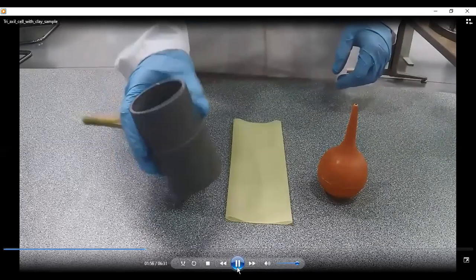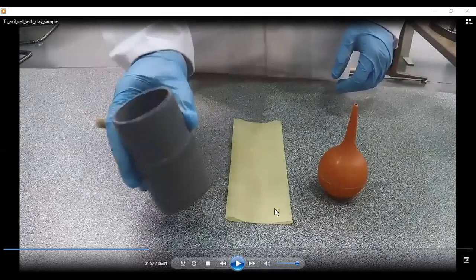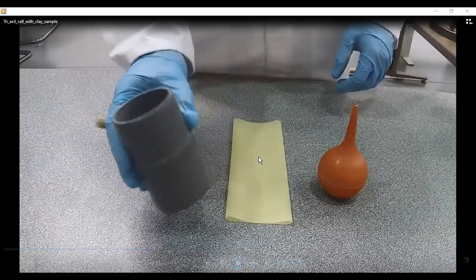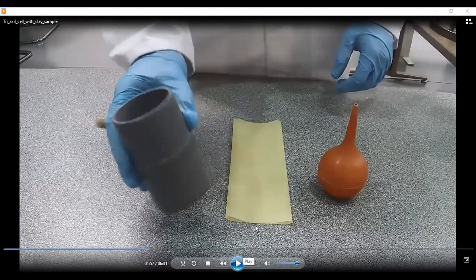Look at here. This is the membrane which I was talking about. So this plastic membrane is being used to cover the entire specimen, so that whatever hydraulic pressure will be exerted will not pass through the specimen, and it will exert a uniform pressure on the specimen. Okay, this is called the membrane, guys.